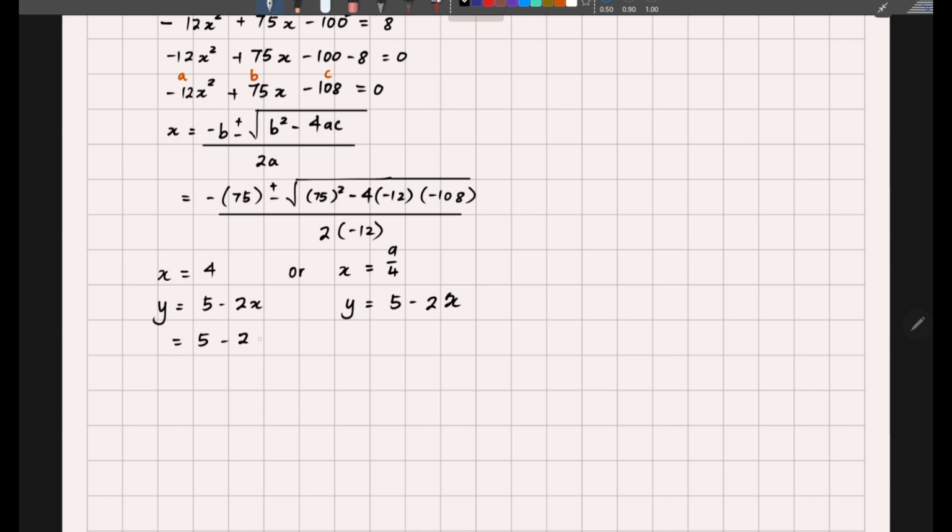Substitute. Quite simple. 5 minus 8 is minus 3, or